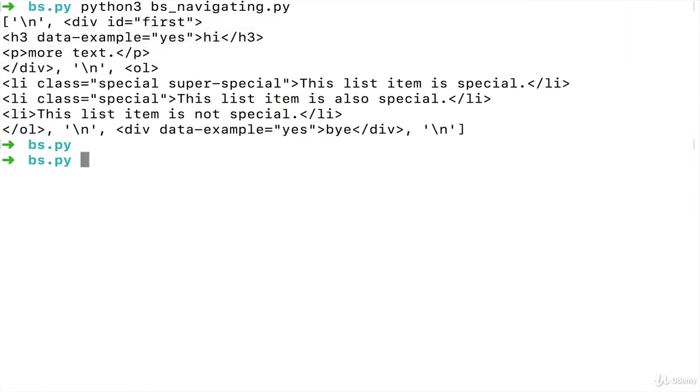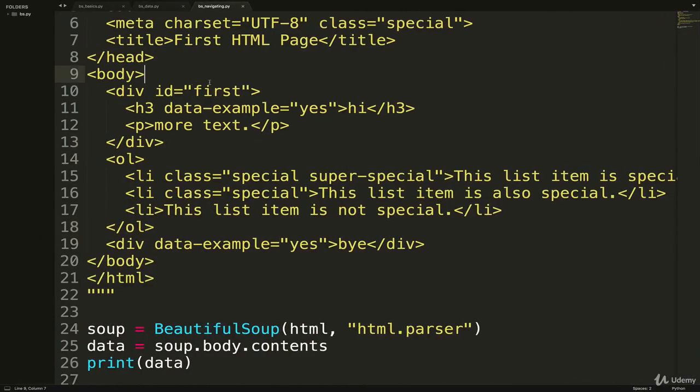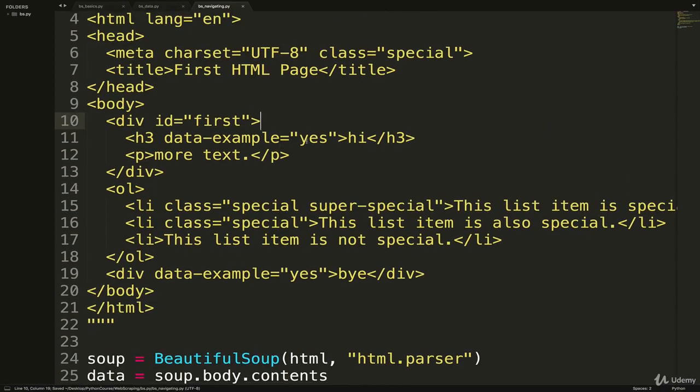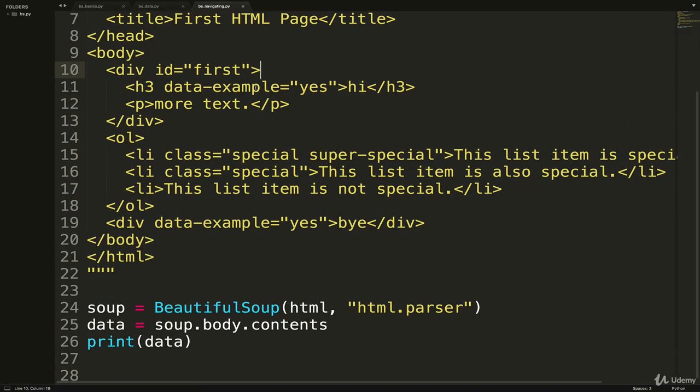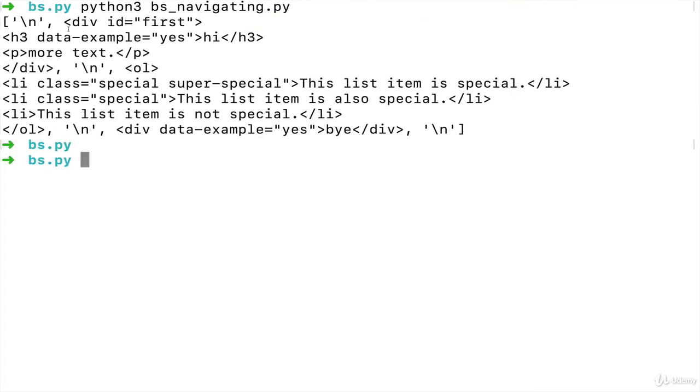So each one of those new lines occurs whenever there's a break between elements in our HTML, assuming they are on different lines. So contents gives us that list, and if I wanted to find the first child or the first descendant of the body, what I would need to do is instead of accessing 0, I actually have to access 1 because there's that new line there. So that will give me the div.